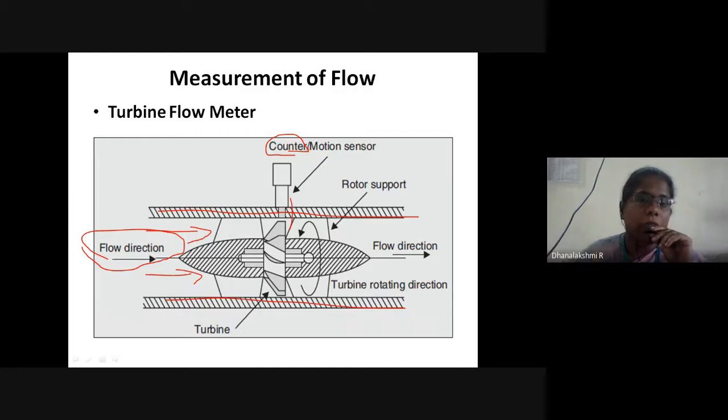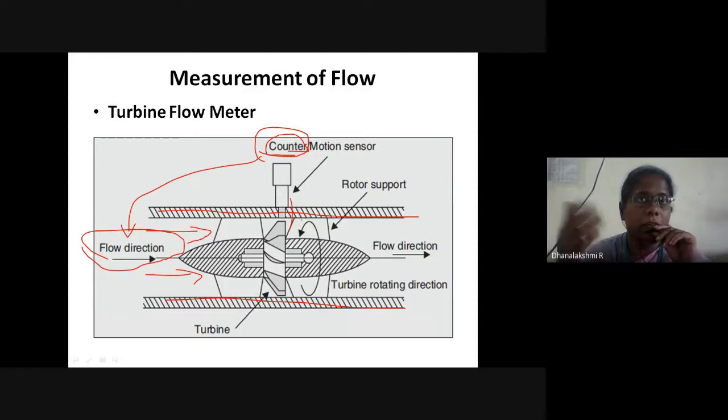Based on the number of rotations, the electric pulse will be generated and counted by the counter. Therefore, the counter value will be proportional to the flow. This is how we measure the flow with the help of the turbine flow meter. The liquid flows and makes the turbine rotate, the magnet attached rotates along with it, and a rotating magnetic field is created.